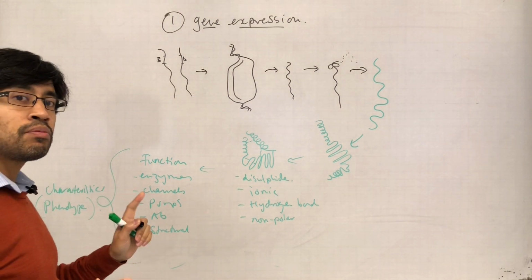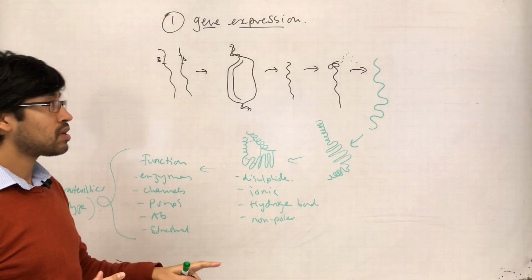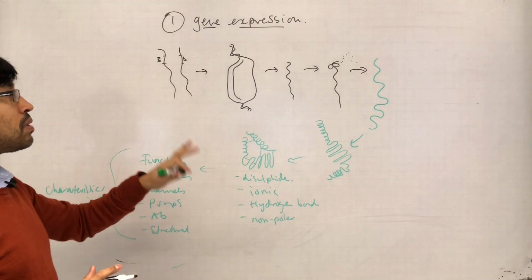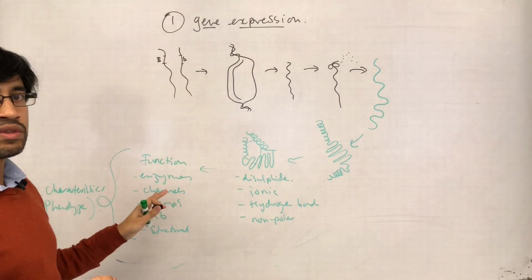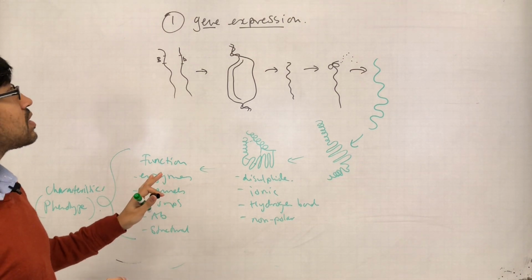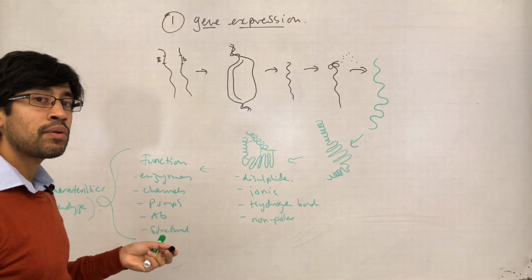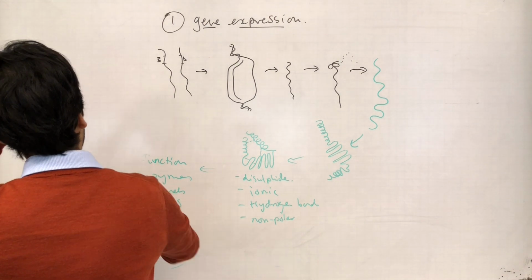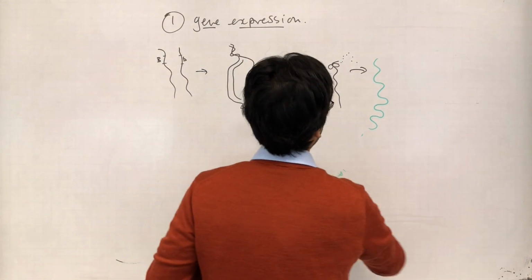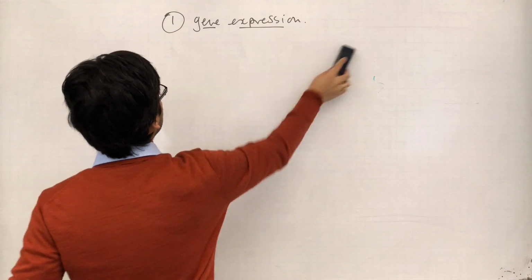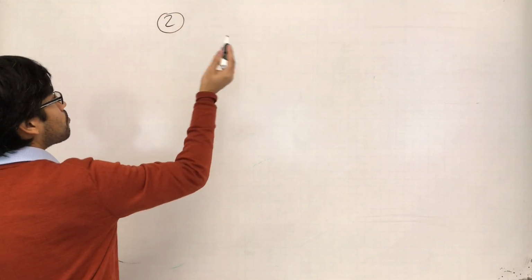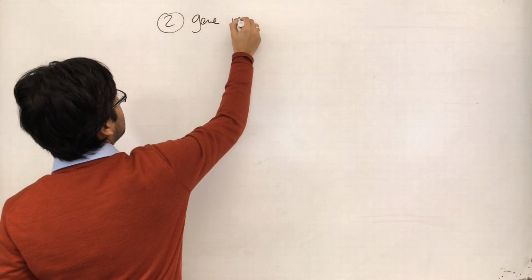Now in year two, the important concept is gene regulation. Somehow we need to be able to control this process a little bit more than we see here. So the next thing that I will discuss is what gene regulation is and why we need to do it. So point 2 is going to be gene